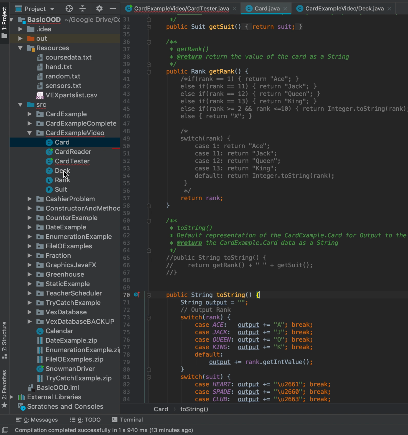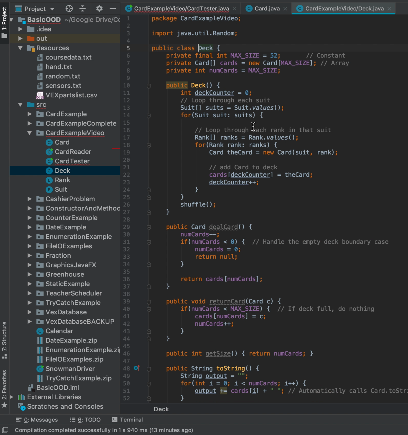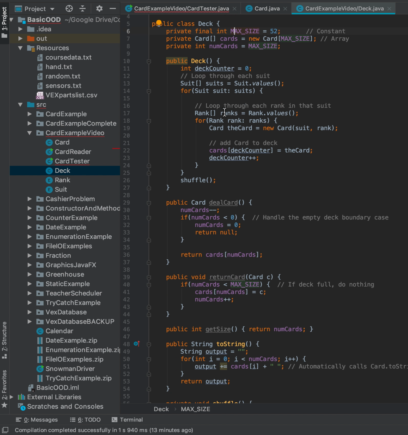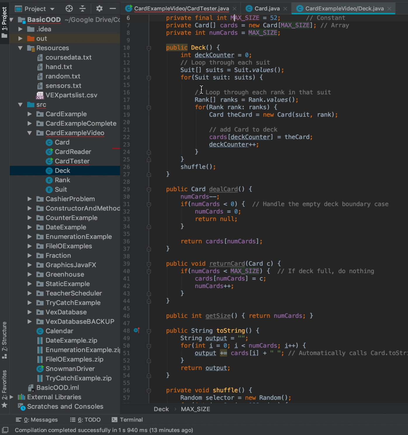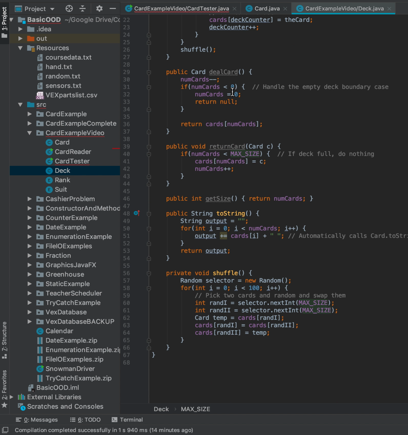We also had an example. We created the deck, and in this case the deck had an array of cards. We set its max size. The deck would automatically set itself up, so it would create all of the cards that need to be created by going through every possible suit and every possible rank, and then creating the card and adding it to the array. And it had the ability to deal a card, to return a card to the deck, to get its